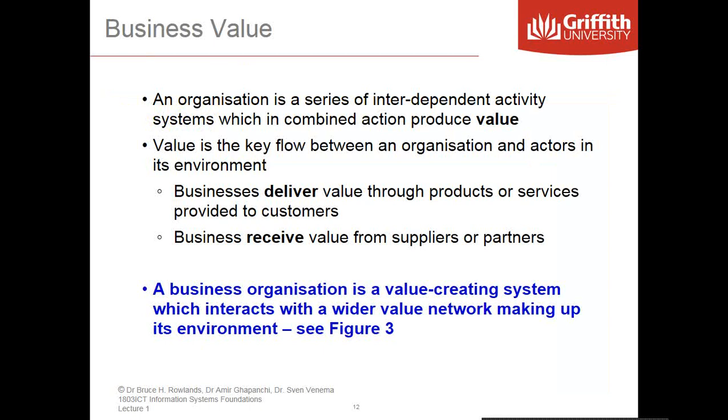So an organization is a series of interdependent activity systems which in combined action produce value. And I sort of indicated that with that diagram with the sequence of things. So value is the key flow between an organization and actors in its environment. So businesses deliver this value through products or services provided to customers. We already talked before about, from an IT perspective, how we are now going away from the products, the technology, but more to the